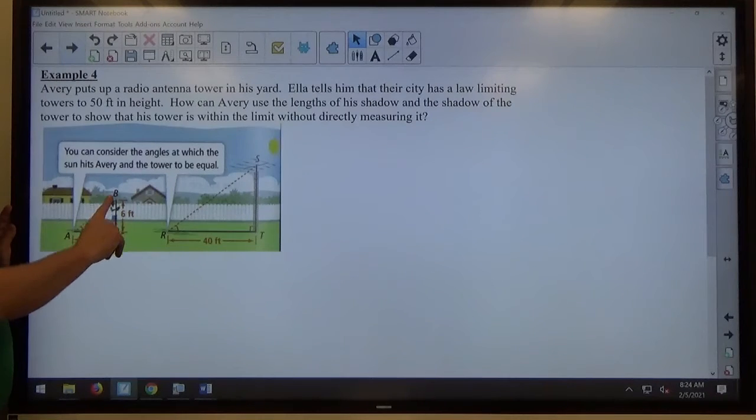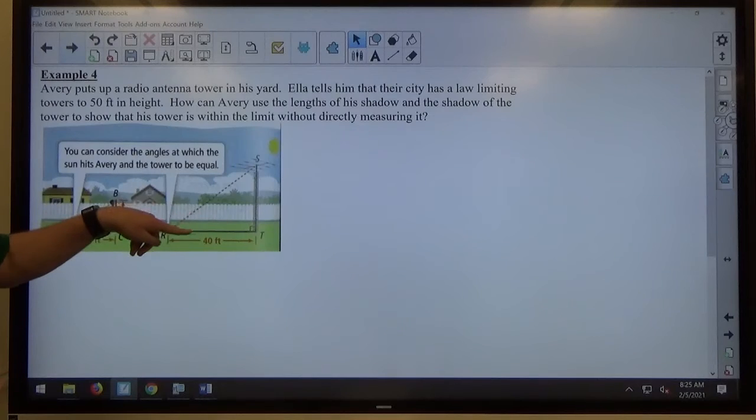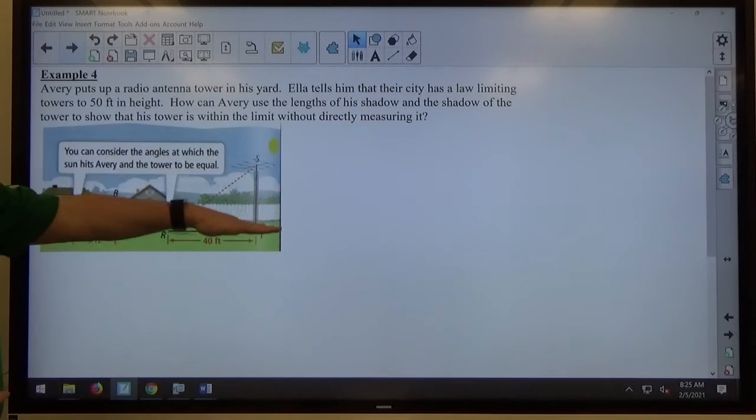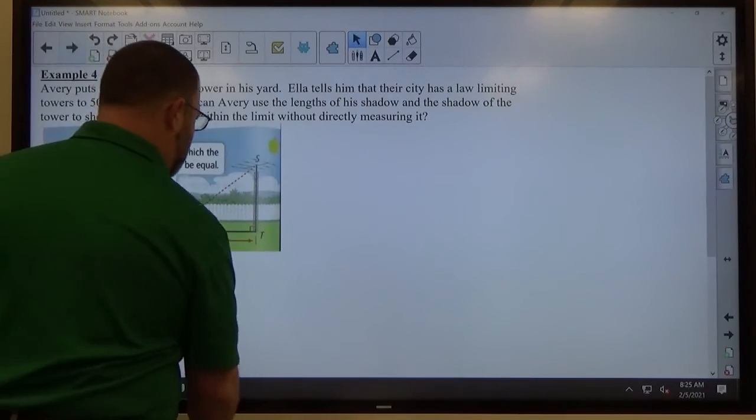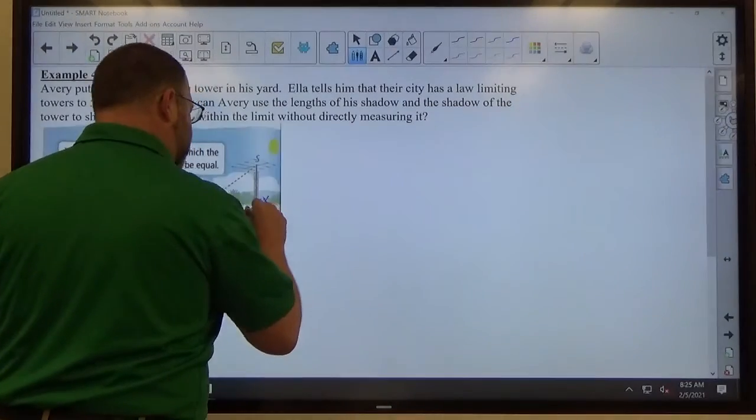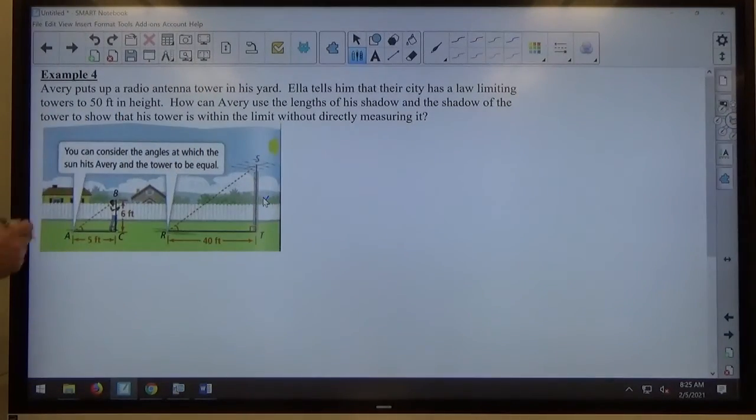He has the capacity to know how tall he is, and he can measure his own shadow, right? So he has the ability to do that. He could also measure the shadow of the tower. He doesn't know the height of the tower, though. So that's kind of what we're looking at here. So if I just call the height of his tower X, just to give it a name, so I don't have to use ST, I want to demonstrate, first off, that we have